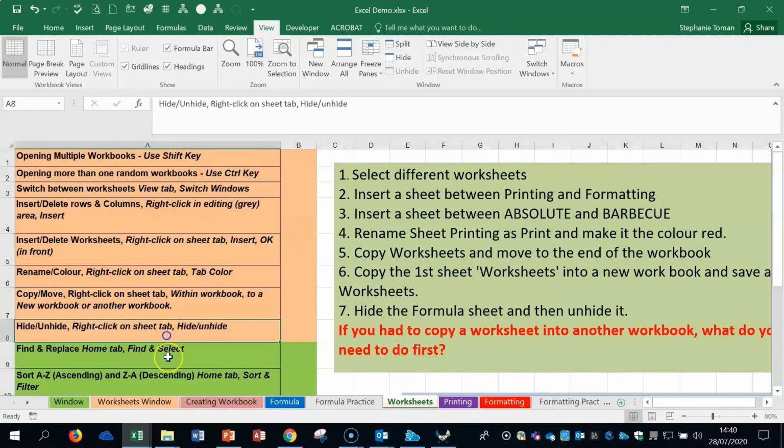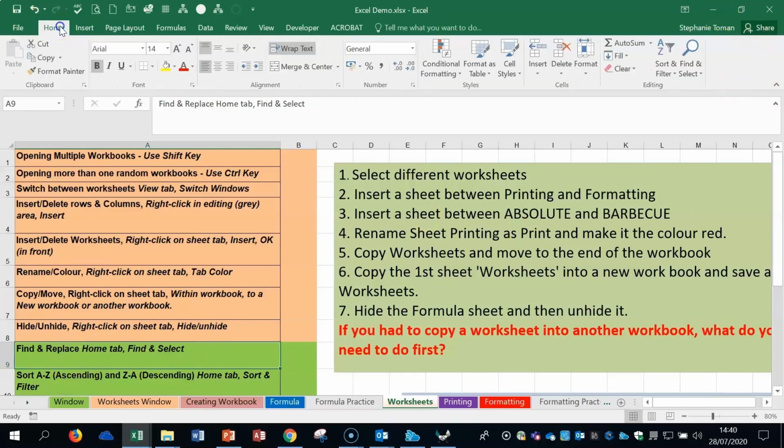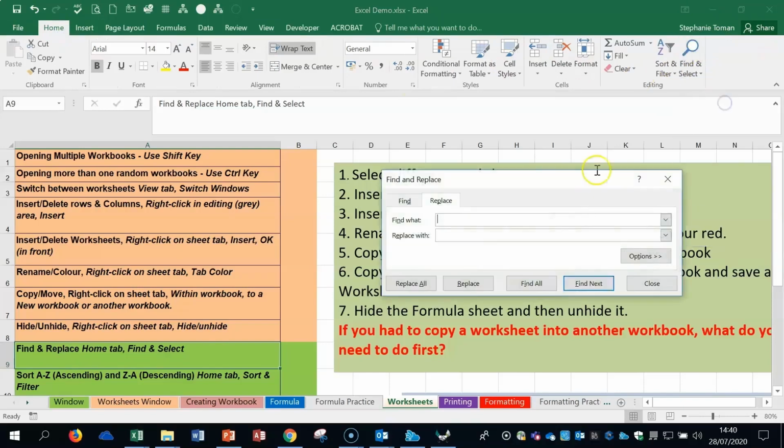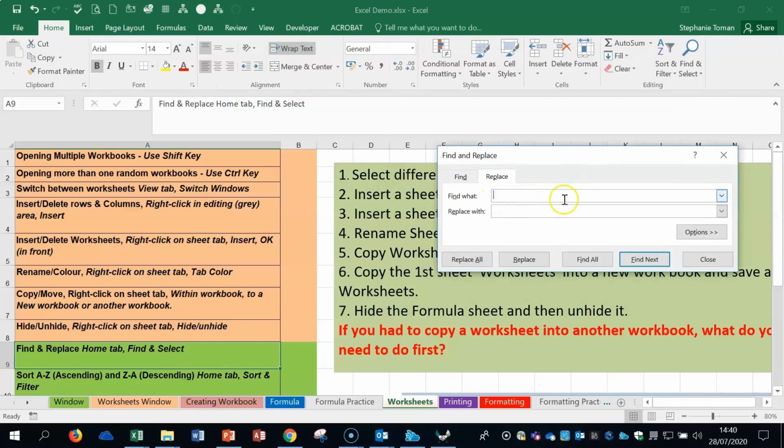Then we've got a couple of other features called find and replace and sort, and we've had these features in Word, if you've done Word with us before. So find and replace can be used just like it is in Word. On the Home tab, you've got this drop down here and the replace feature is there. So you can have a word that you want to change throughout your workbook, and so you're finding a word, and it might be, let's say delete,